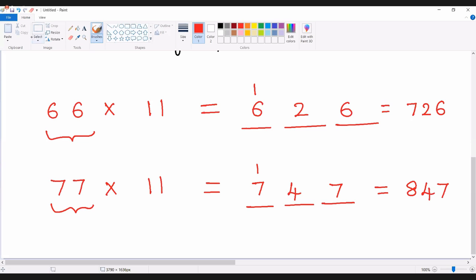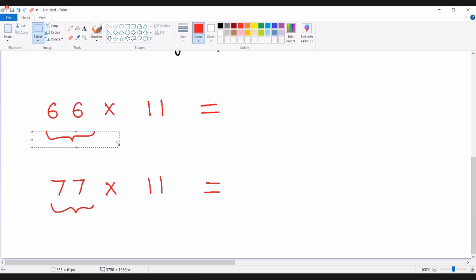Are you clear? Tell me now. So see, all these once you don't know. Once you are aware of the trick, you definitely need not write all these values. If you are aware of the trick to do it faster, what I suggest is, if it is 66, immediately add the digits. 6 plus 6 is 12. So take it like this: 6 plus 1 is 7, 2, 6 is the answer.